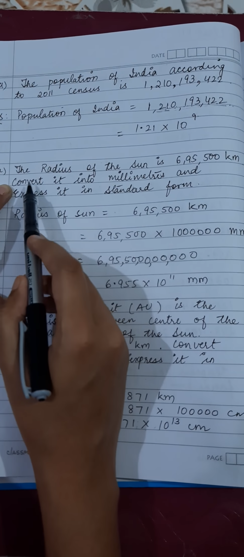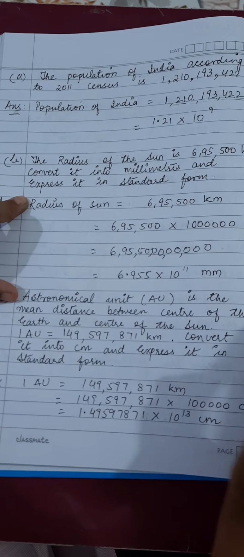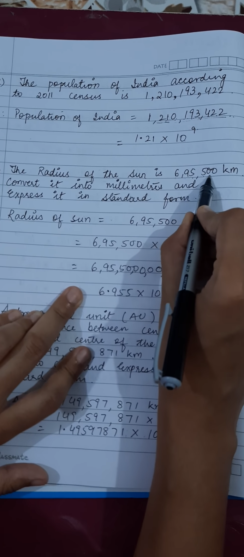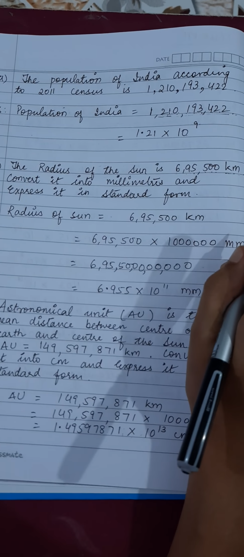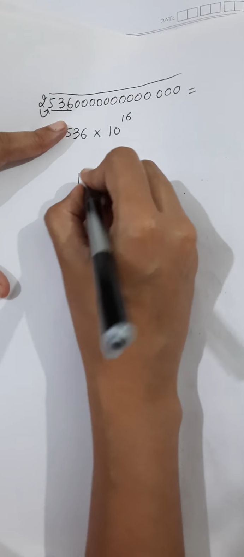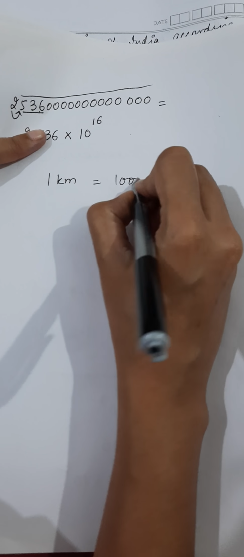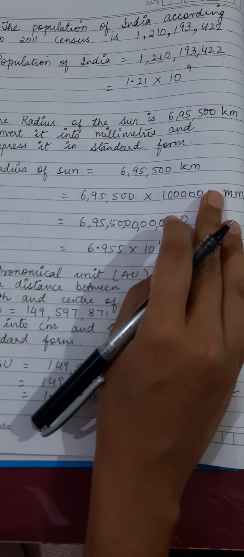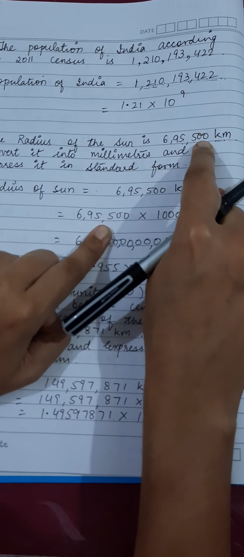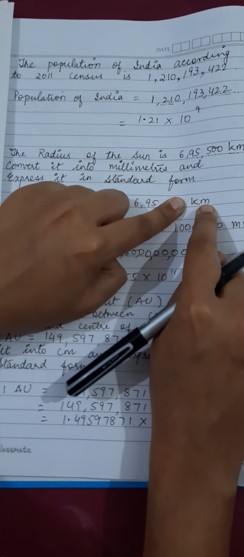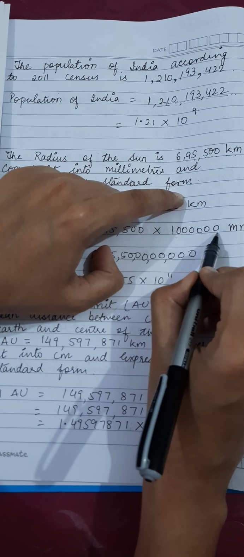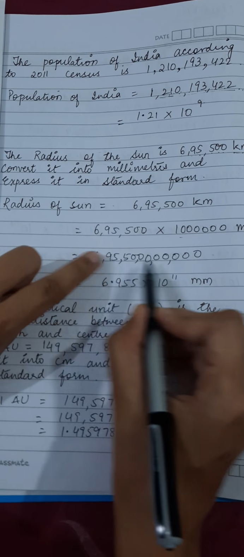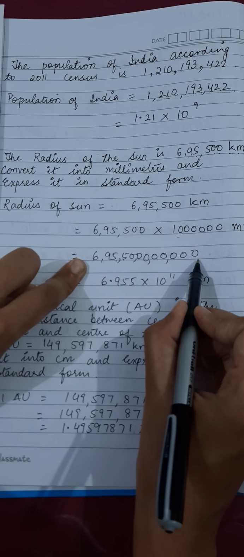695,500 kilometers. Convert this into millimeters and express it in the standard form. Firstly, you have to change this 695,500 kilometers into millimeters. Now if you check, in 1 kilometer how many millimeters are there? There are going to be 6 zeros to convert kilometers to millimeters. So 695,500 is there and then to convert kilometers into millimeters, 6 zeros will be there. So this complete will become, 6, 7, 8 zeros I am going to place here. 695, 5 and then 8 zeros will be there.